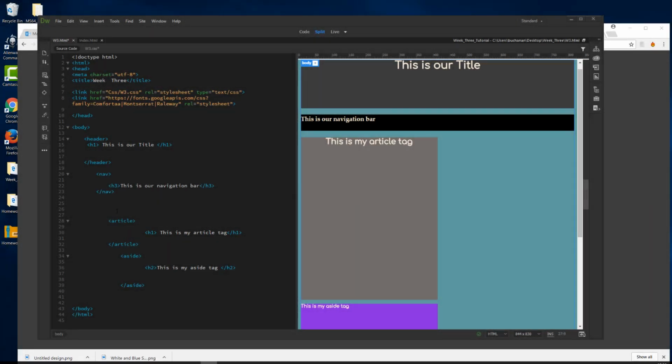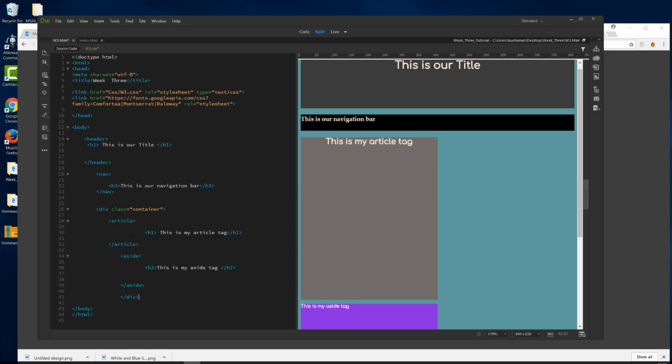So now we're back on the HTML page, and we'll create a new div, and we'll call this div class container, and we'll have it wrap around the article and the aside, and also containing within that the h1 and h2 tags. So type in div class equals container. Okay, so that's the closing tag here. So what we can do is just take that, cut it out, and then paste it in below